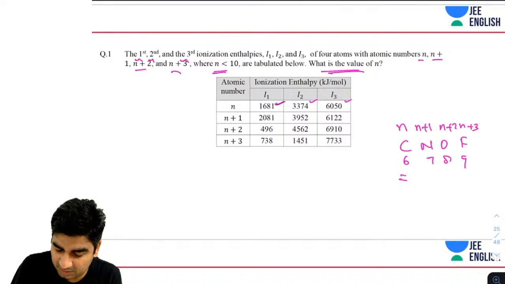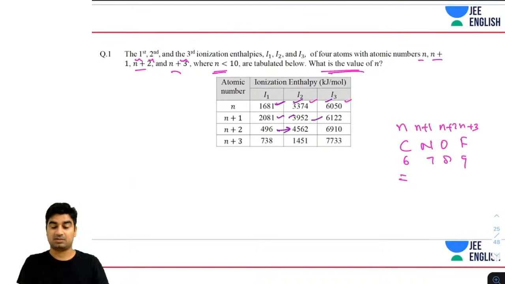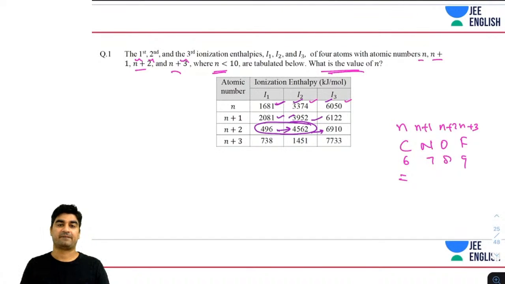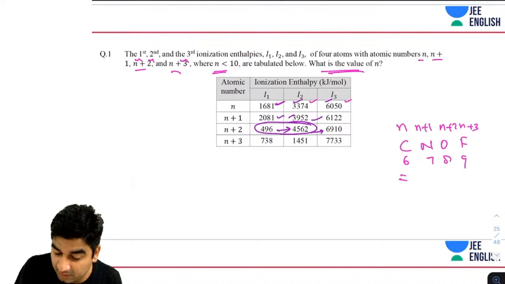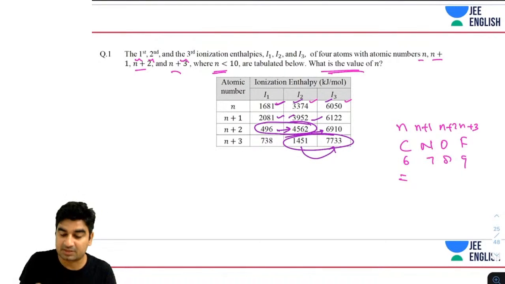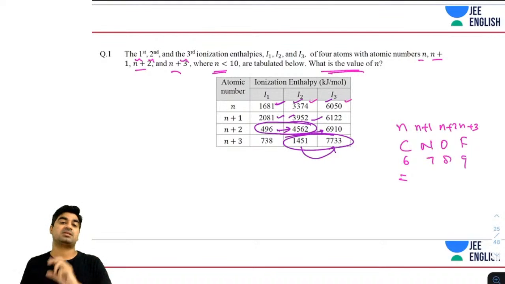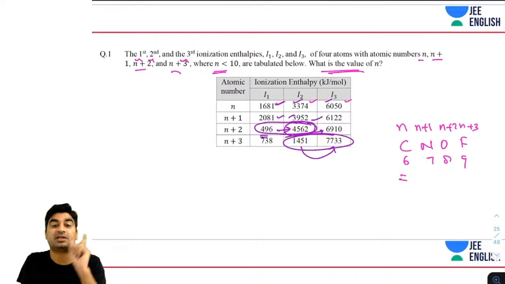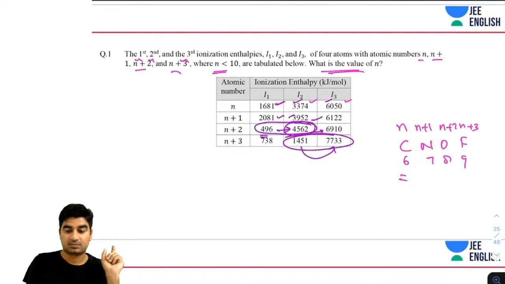So here you can see doubling, doubling, doubling. Here you can see doubling, again doubling. Here you can see a huge difference, 10 times. And then, so guys, there is a jump here, as you can see. And then we have a jump over here, 6 times. So guys, after losing one electron, there is a jump. It means it might get inert configuration after losing one electron, guys.